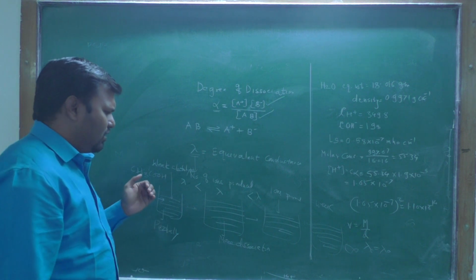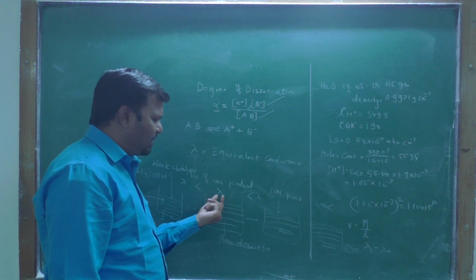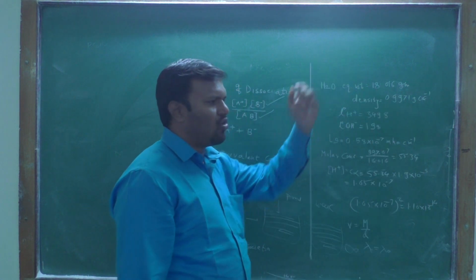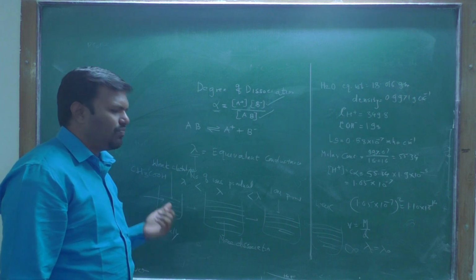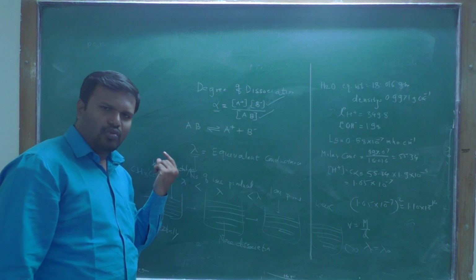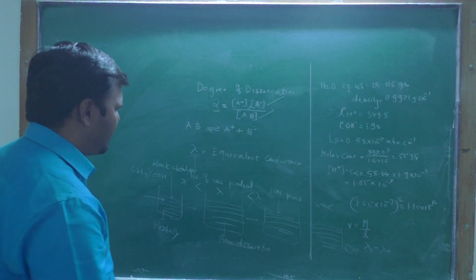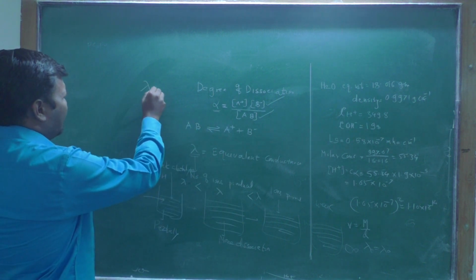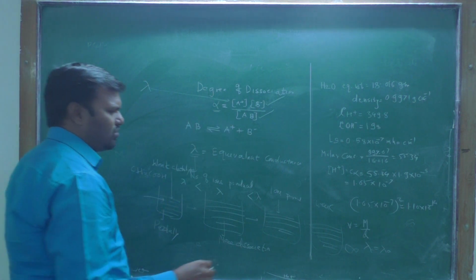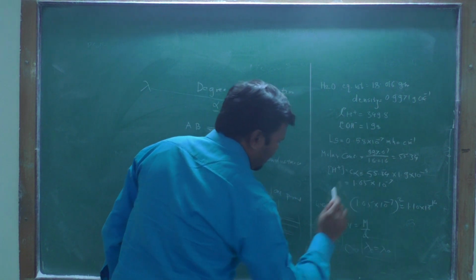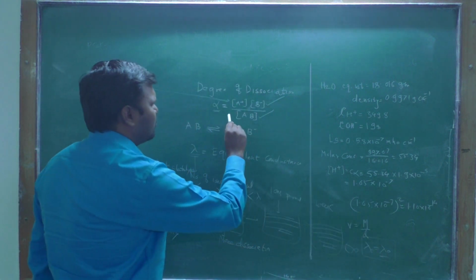Therefore, one relation is there. When more ions are produced, lambda increases; you dilute, lambda increases; dilute, lambda increases, and so on up to infinite dilution. It means the number of ions produced is directly proportional to the equivalent conductance. More and more dilution, more and more ions are produced, lambda increases. Therefore lambda value suggests the number of ions produced, and lambda 0 suggests almost total dissociation takes place, that is, the total number of electrolyte molecules.